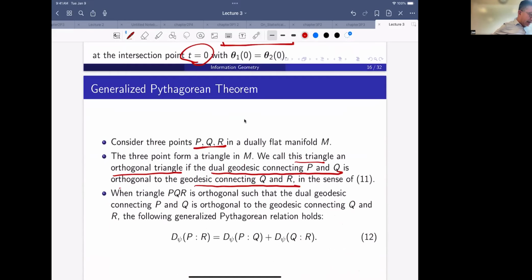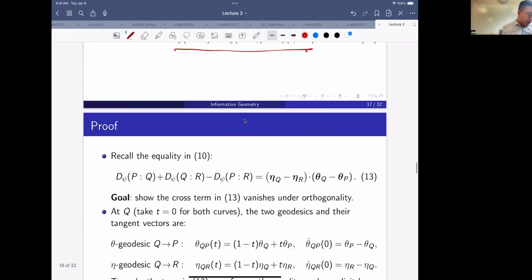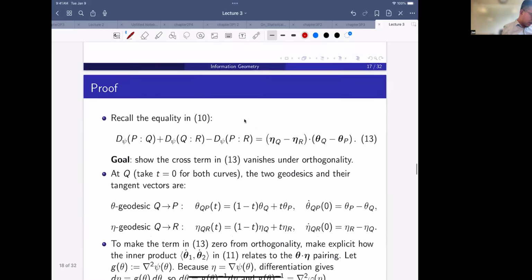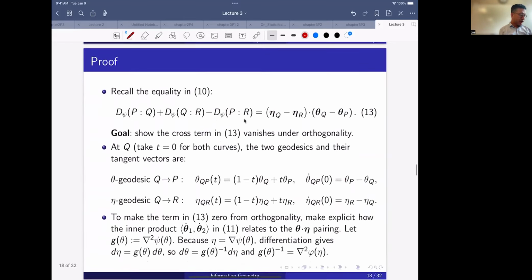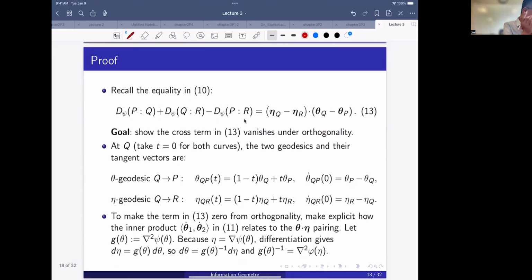And then in that case, we can achieve this Pythagorean theorem. So we need to clarify more what I mean by this orthogonal here. And so basically in the proof,